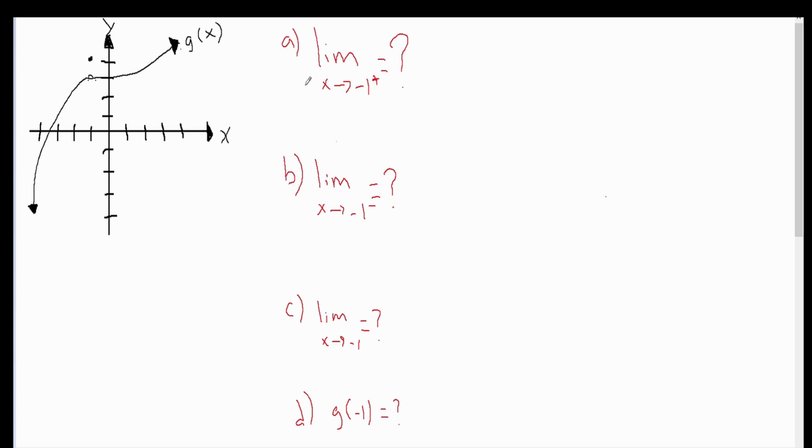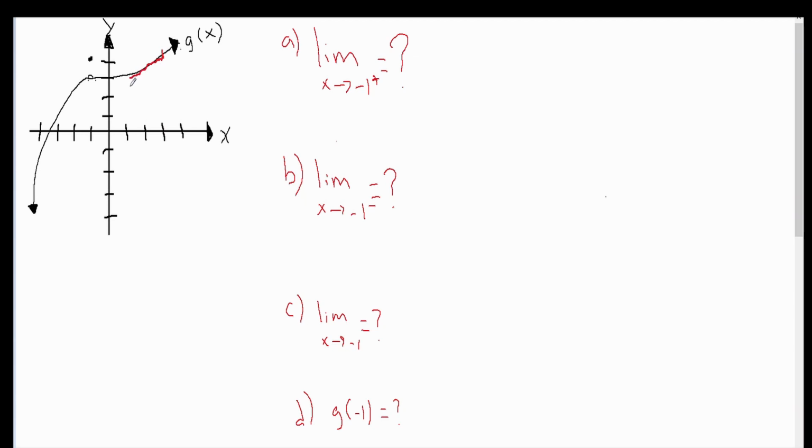So this problem is asking us to find the limit as x approaches -1. In order to find the limit as x approaches -1, we first need to evaluate the limits as we approach -1 from the right side and from the left side. So for part A, we need to evaluate the limit as x approaches -1 from the right side,